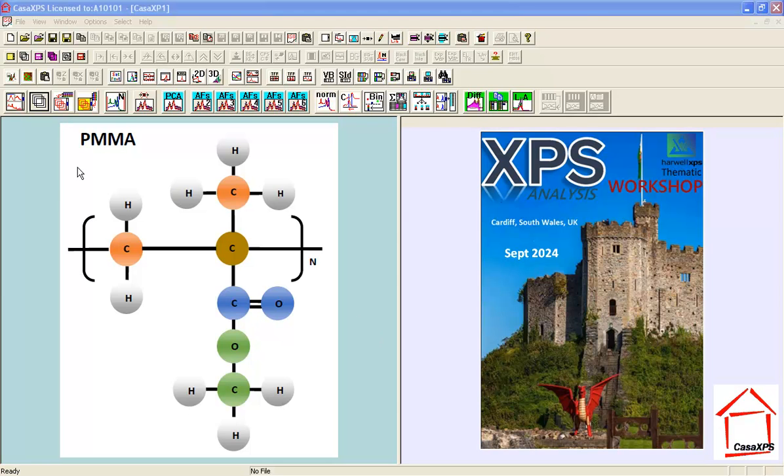In this video I'm going to look at the XPS of polymethyl methacrylate, PMMA. XPS is well suited to analysing samples such as PMMA because the chemical state of carbon and also the chemical state of oxygen produce photoemission peaks that are offset in binding energy. This means if we can identify a different chemical state for carbon and a different chemical state for oxygen, we